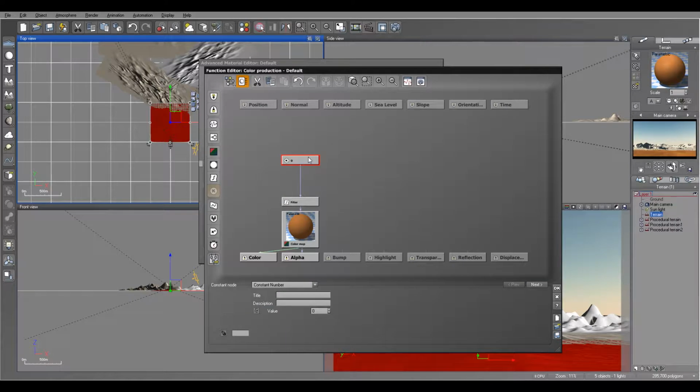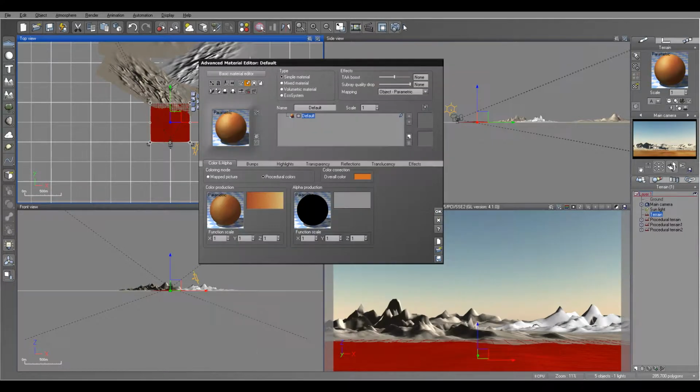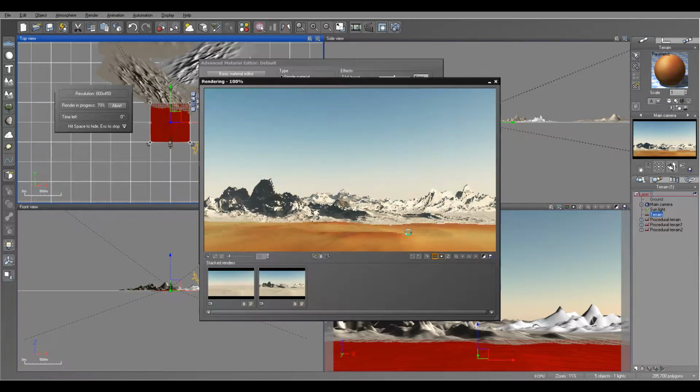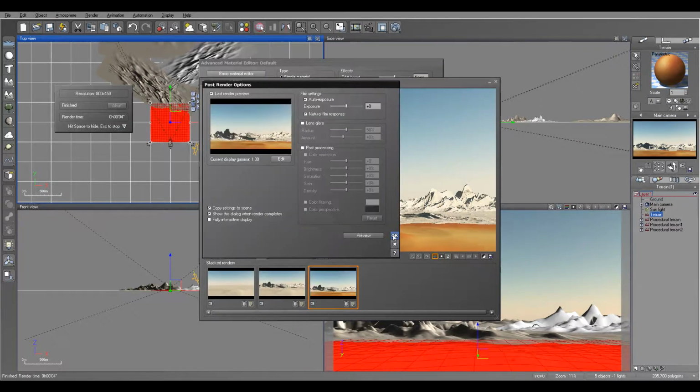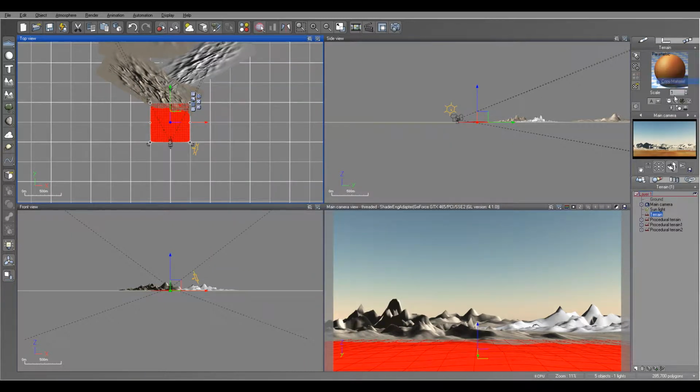We can create by altitude settings, and if we do this we need to connect a node, or we can just take Perlin noise and add it. If we preview right here, you can see we have some Perlin noise applied to this. Okay, let's click OK, copy this material,